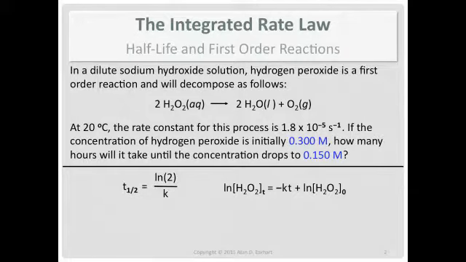recall that we did derive a simpler mathematical equation, which is this new equation on the bottom left. And there's not a whole lot to it. Take the natural log of 2, divide it by k, Bob's your uncle. Now we worked through a problem previously using the mathematical equation on the right. So I'm going to do this one using the simplified half-life mathematical equation.